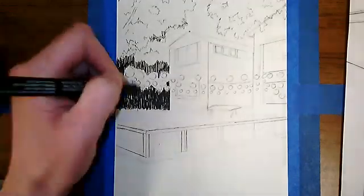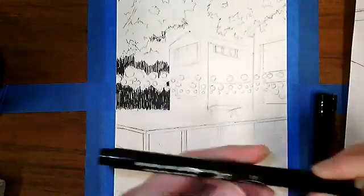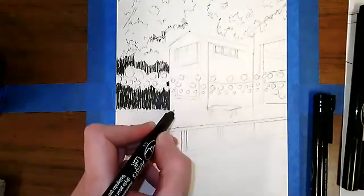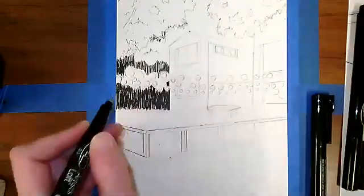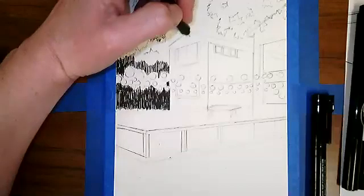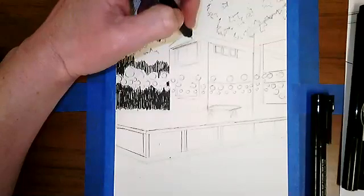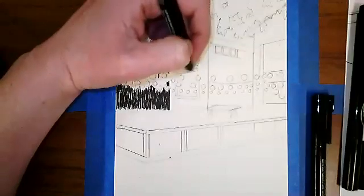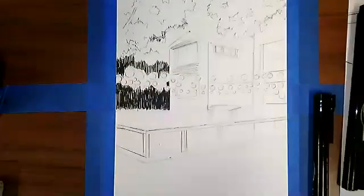Okay, so I can come back to that and fill that in the rest of the way, but that's pretty good. Go back, well here, let me use the 0.3. I haven't used the 0.3 very much yet. So now I'm gonna start putting in some of those hatching lines on the side of the house. I could pull my string back out if I wanted to here to see exactly how I'm gonna do that, but I just know that I need to make sure that my hatching lines are following the orthogonal angle here. So if I took out my string and my magnet again,